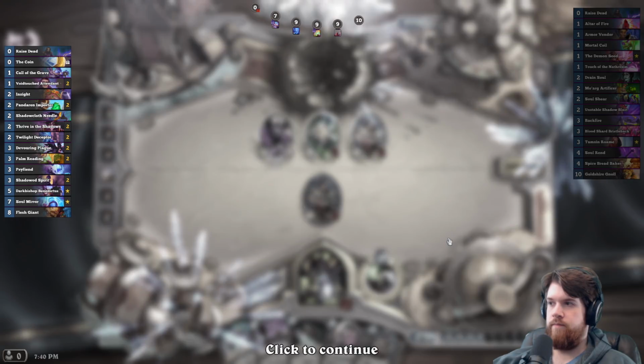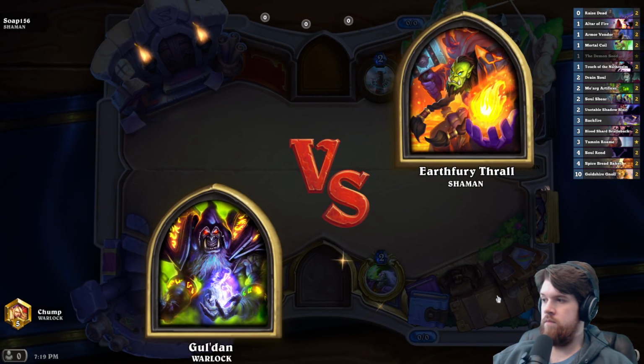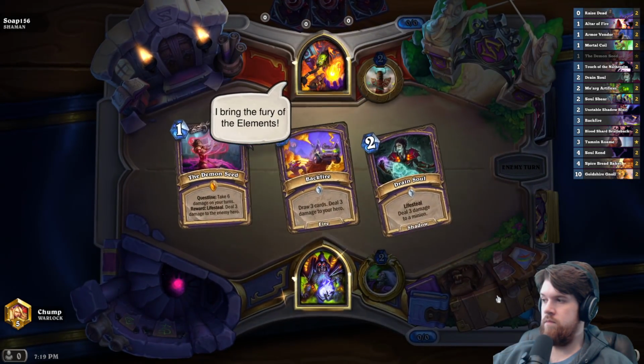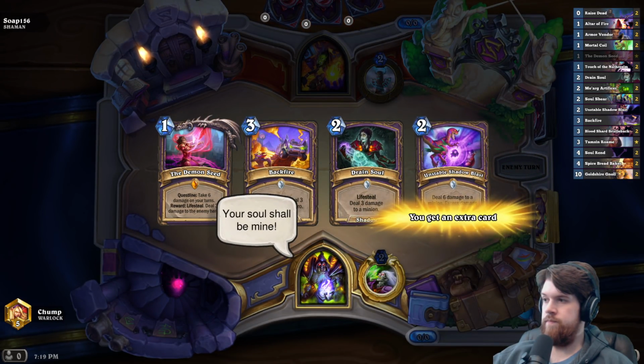Platinum, let's go. Gul'dan versus Thrall. I bring the fury of the elements. Your soul shall be